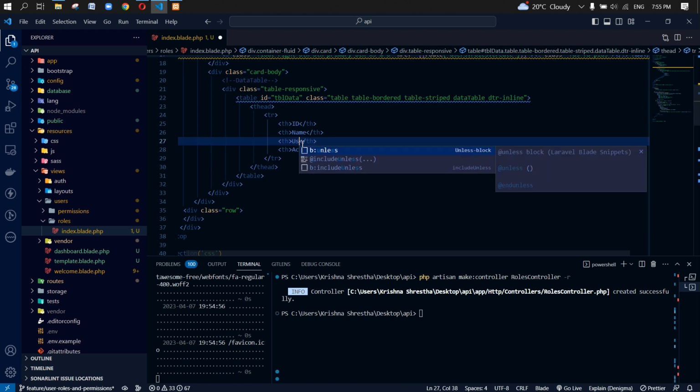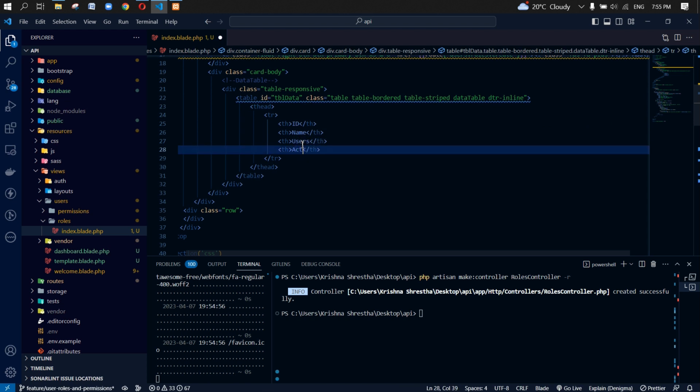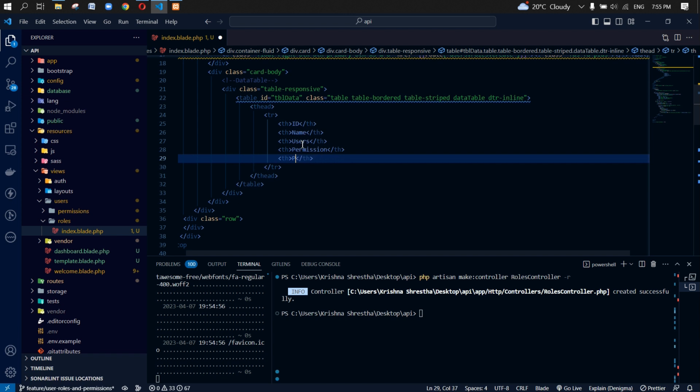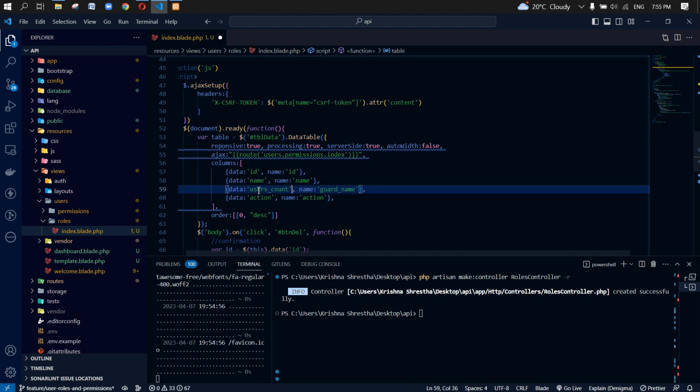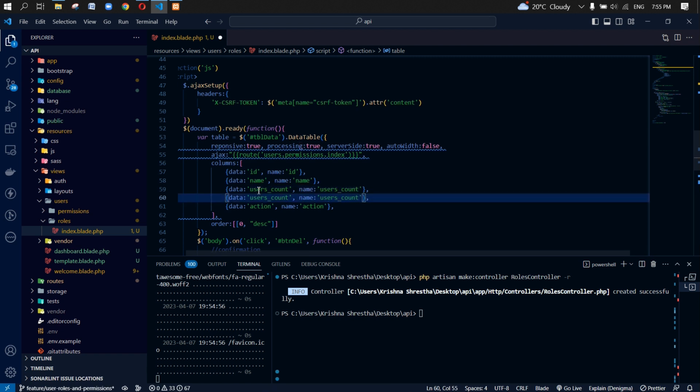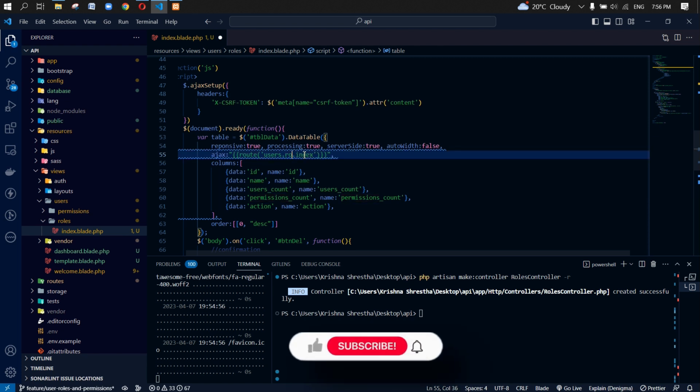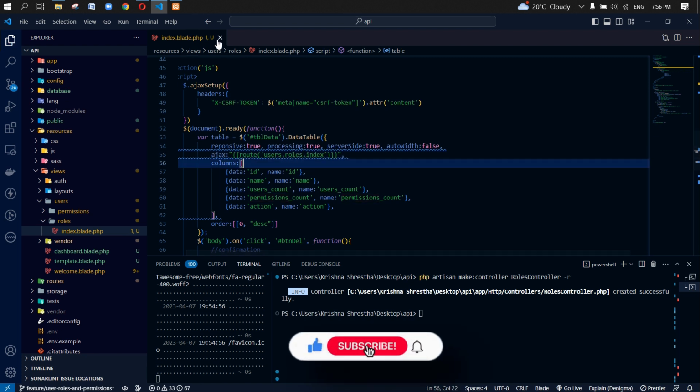Now we need to change the table according to our need. So we need ID, name, users count, as well as permissions count, and actions, of course. And let's change the columns in our JSON as well. Let's replace this one with the users count as a custom column, and then also the name. Let's add another custom column that should be permissions count, and let's replace this one as well. Let's replace the route. That should be users.roles.index,